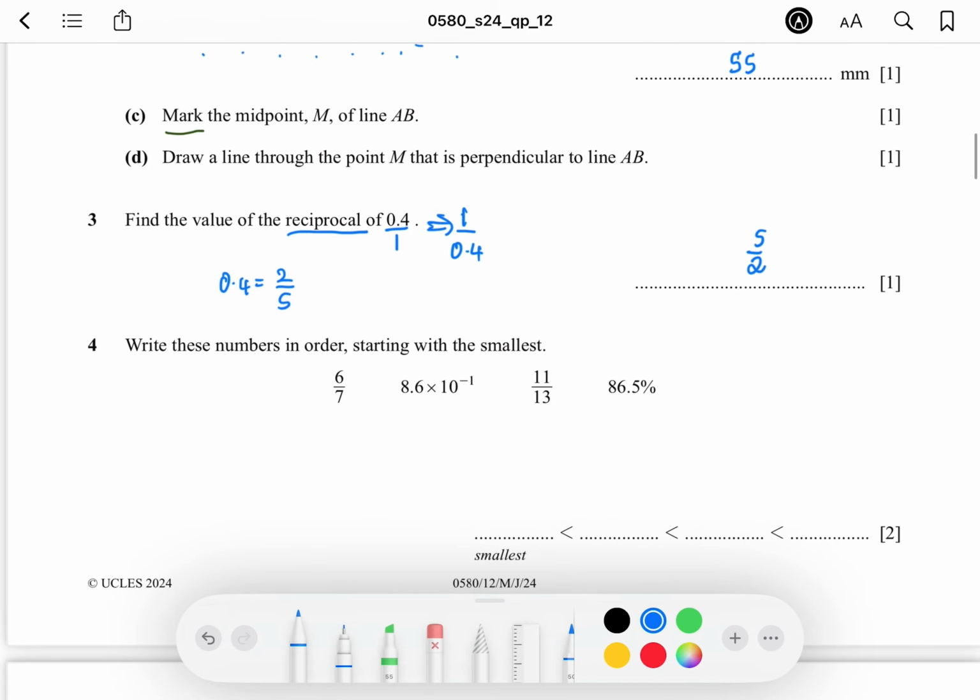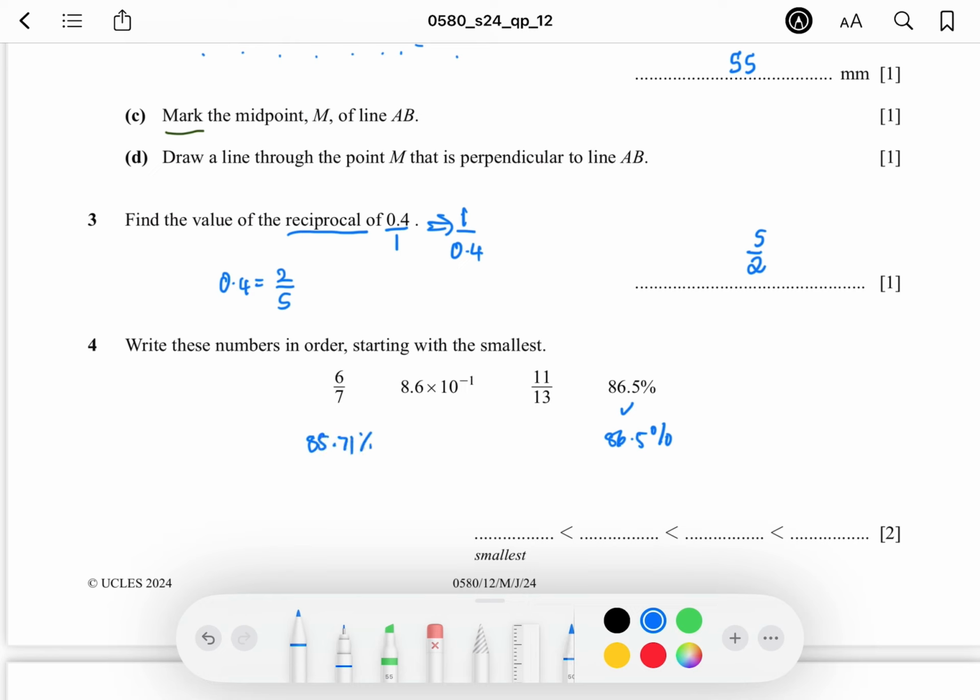Okay, next one. Write these numbers in order starting with the smallest. What need to be done first? Change into numbers with the same unit. What do you like to change it into? Percentage. So percentage sini sudah persen. So that one dah payah tukar. And then the rest boleh pakai calculator. 6/7 change into percent would be